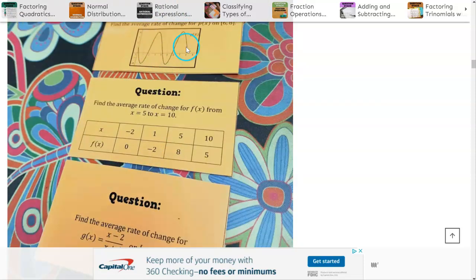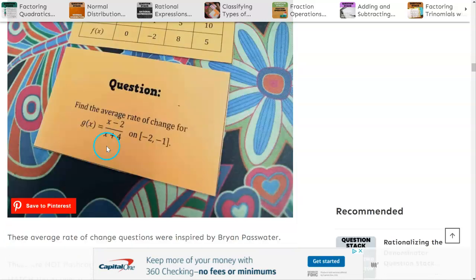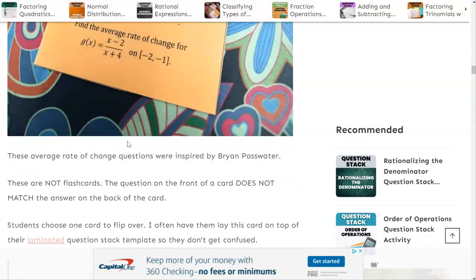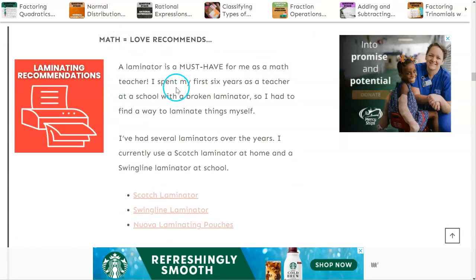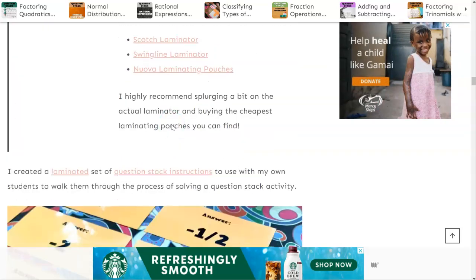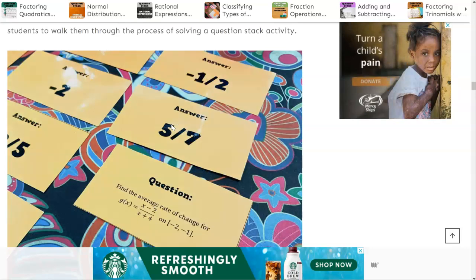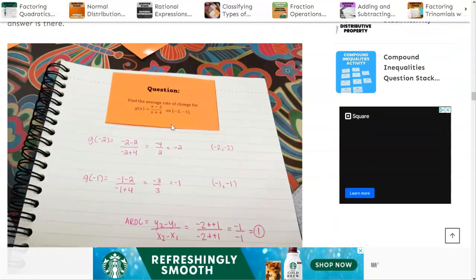I took that one out. That was a sine function. And I took this one out because we don't do rational functions either. Anyway, she suggests that you cut these out and laminate them. She also says you could use business cards because they're perforated and they're easy to use, but you can't really laminate those, I don't guess. But